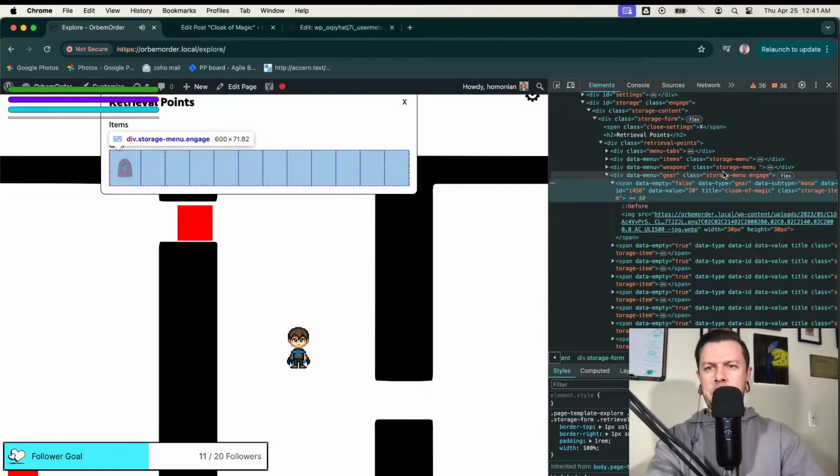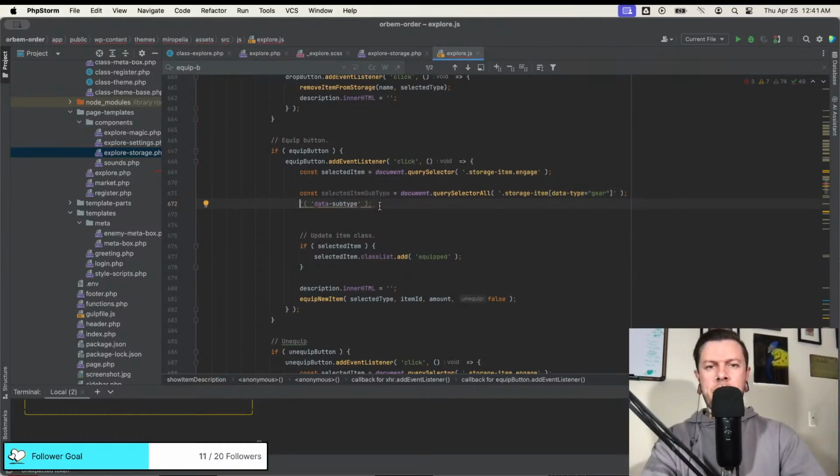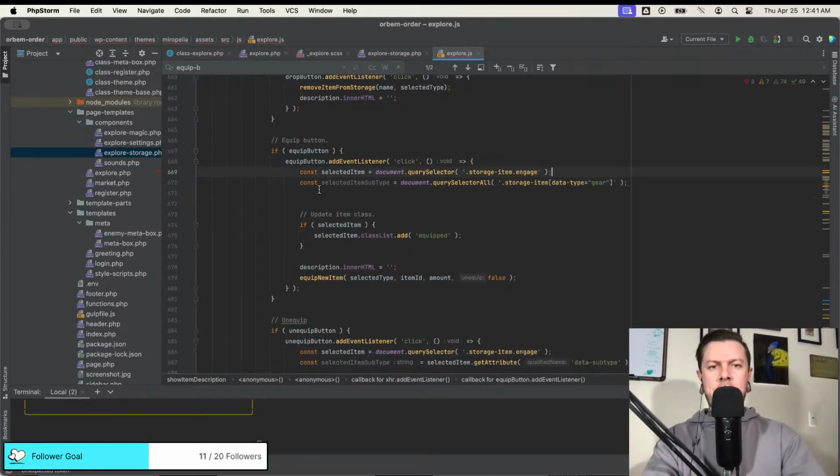It needs to be anything in this, a storage item with the data type gear, right? So this is all gear.